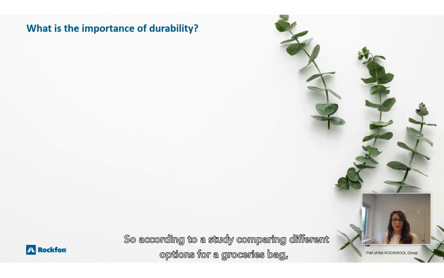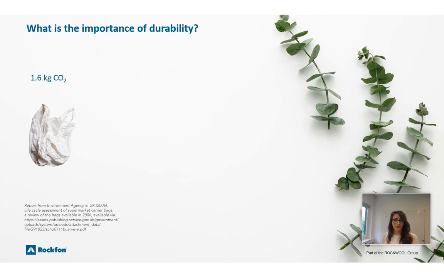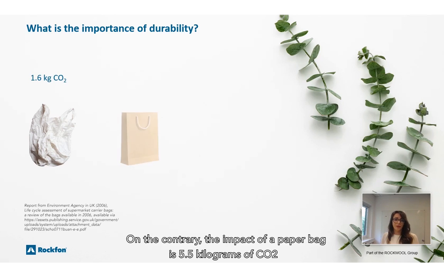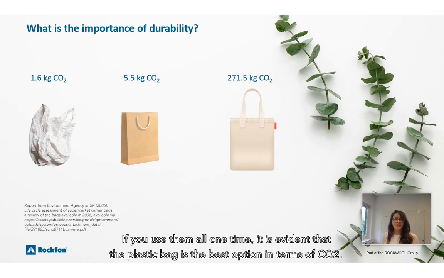According to a study comparing different options for a groceries bag, a plastic bag has a carbon footprint of 1.6 kilograms of CO2. On the contrary, the impact of a paper bag is 5.5 kilograms of CO2, and believe it or not, that of a cotton bag is 271 kilograms of CO2. If you use them all one time, it is evident that the plastic bag is the best option in terms